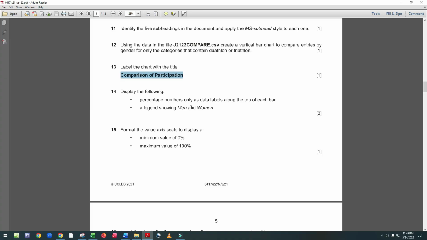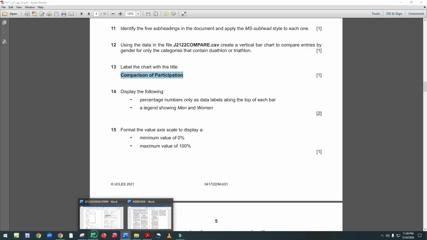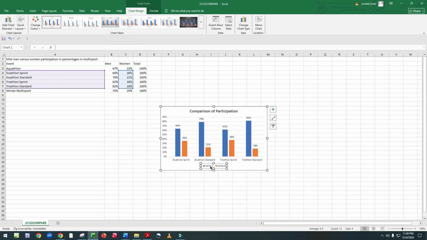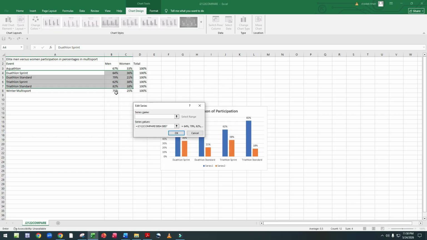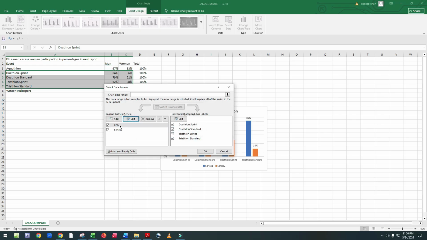A legend showing man and woman. Now we show the legends man and woman. Right click, select data, series 1, click on edit, man.